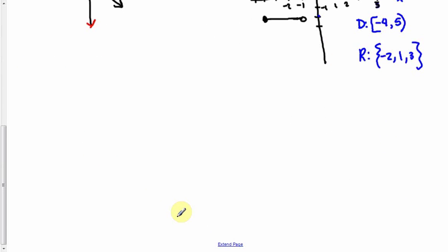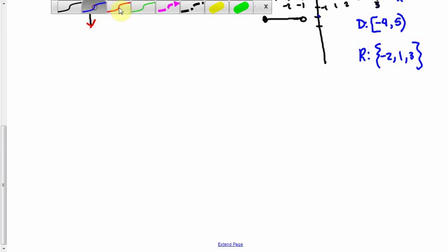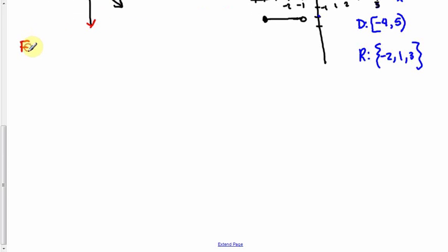All right, so we're moving on to functions. So a function has a definition that you also need to be very familiar with. A function, and I will abbreviate that FCN if I ever have to write it a bunch, okay? A function is a special relation. It's a special type of relation